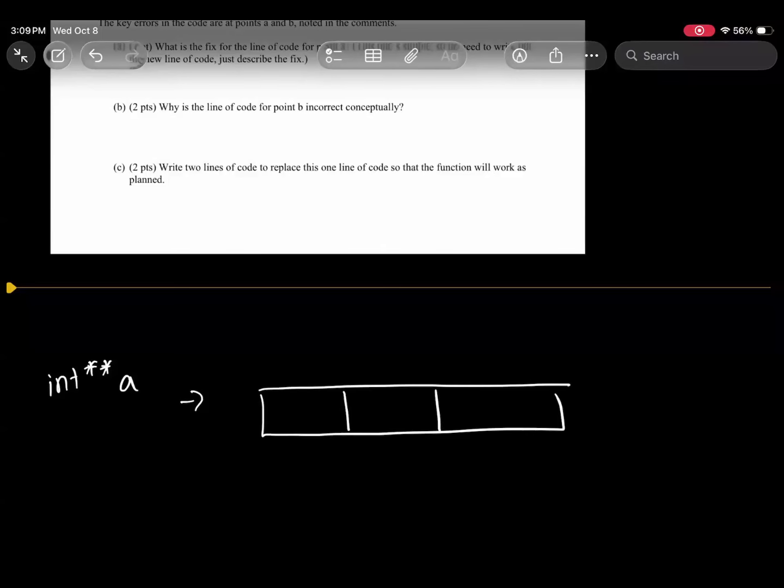Since it's a double pointer, a double pointer can point to a pointer only, right? So it will point to an array of integer pointers. It will look something like this. These are row one, row two, row three, right? Does that make sense so far? Actually, let me do this one better. Okay, so this would be row zero, row one, and row two respectively, and the length of this would be